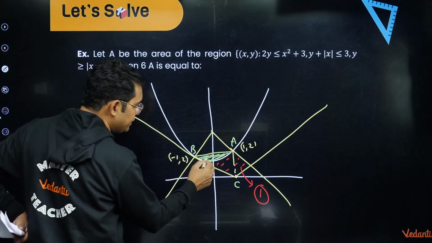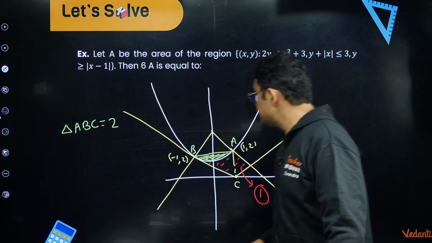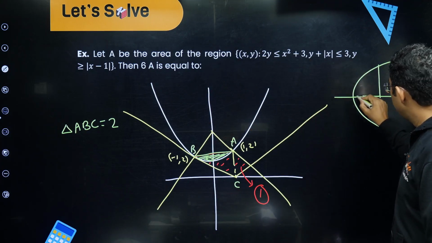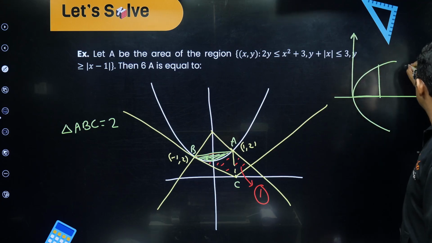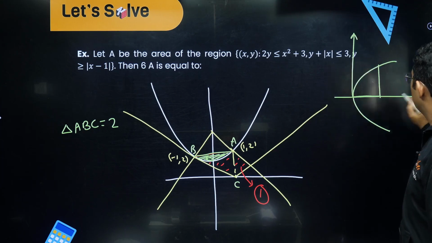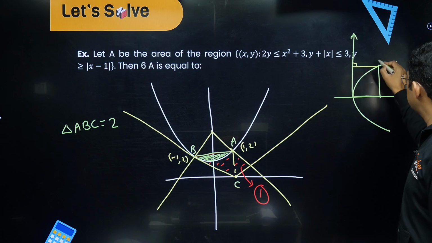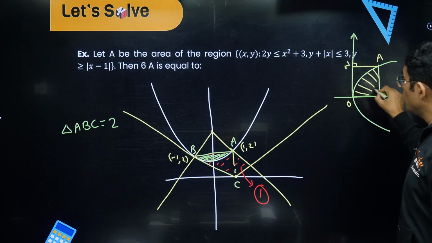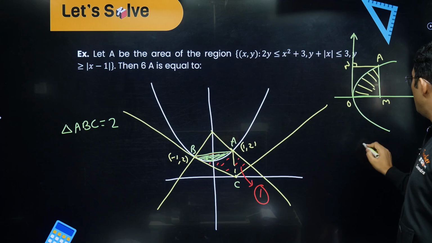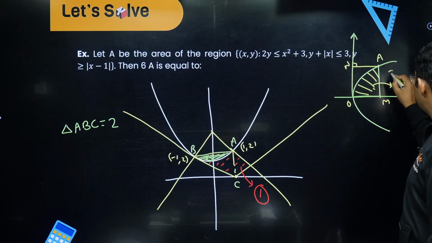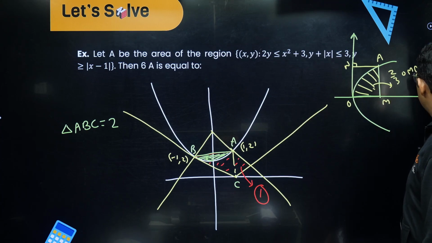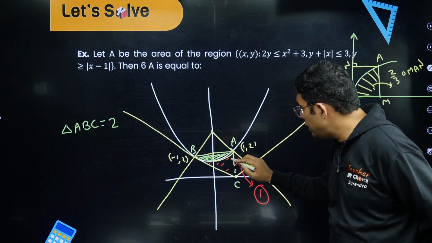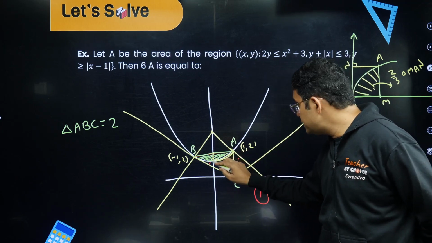Okay, now we need to find this area, and please listen carefully: whenever we have a parabola like this and we have to find this area, and this is the tangent at the vertex, and you drop perpendiculars from this point, A, this is M, this is O, this is N, this area is 2/3 of this rectangle OMAN. This area is 2/3 of OMAN. Now here you can see this area will be 2/3 of this rectangle if I draw it like this.